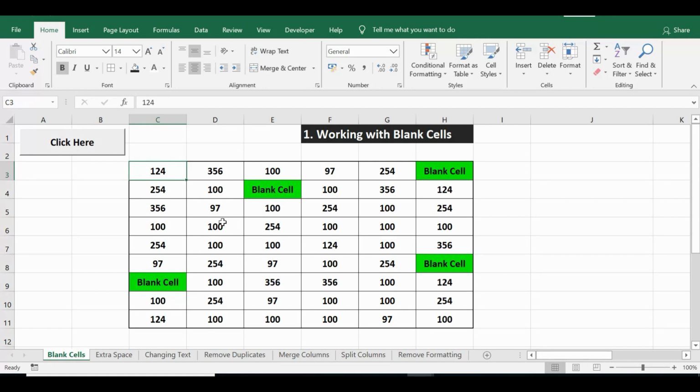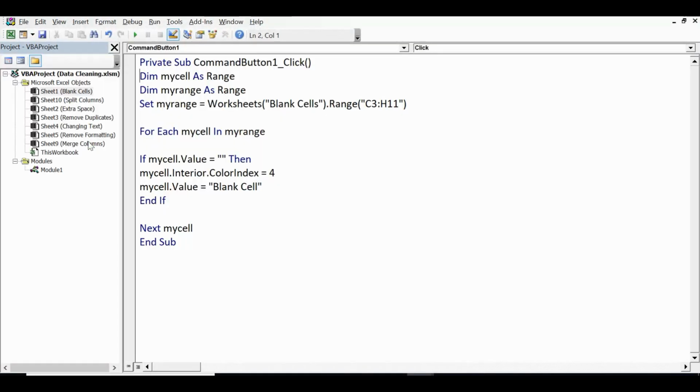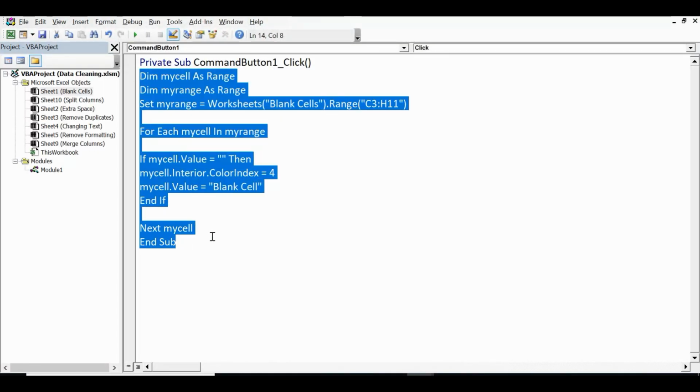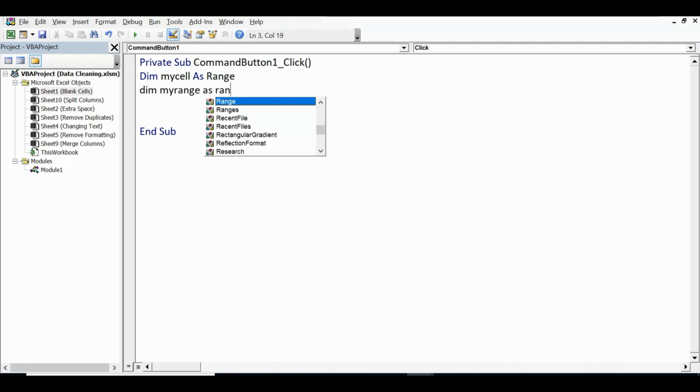So first of all, let's see what is the VBA code for working with blank cells. Let me go to developer tab, click on design mode. Now I'll double click on this command button. Let me delete this existing code and write the code again. So what I'll do, Dim myCell As Range. I am declaring a Range type of variable, named myCell, and then Dim myRange As Range,